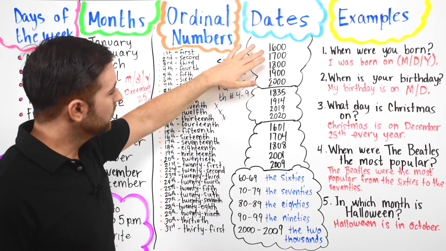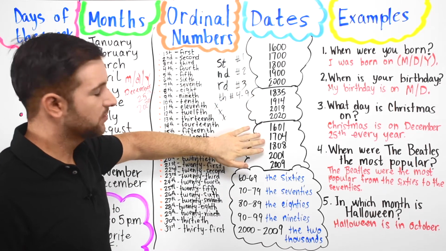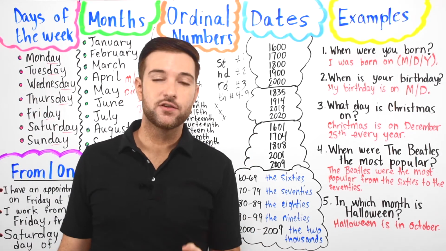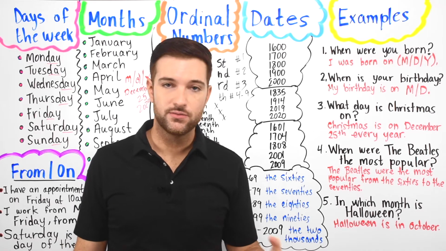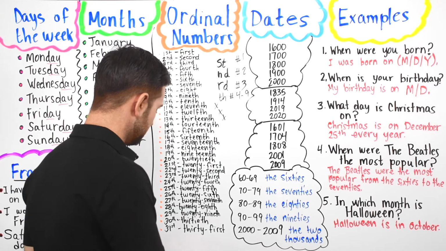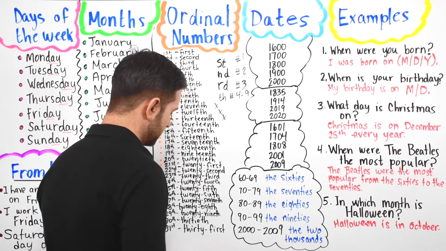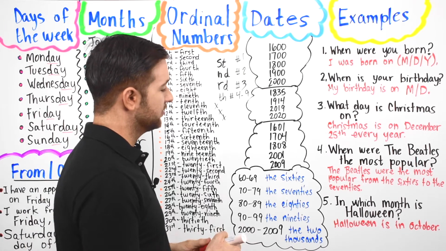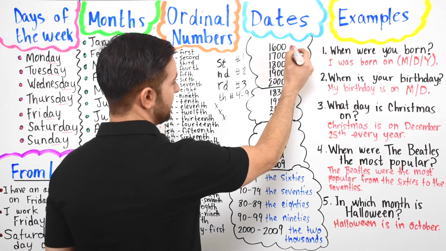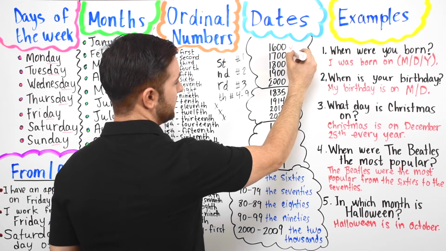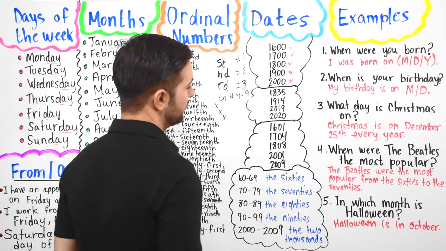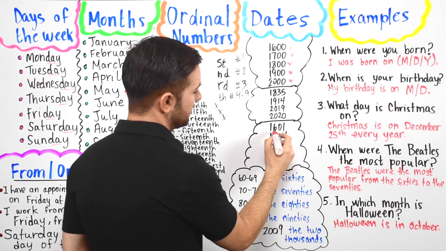Let's go ahead and move down to the next category. It's a little bit different, okay? When we're talking about the first 9 years of a new century, you have to pronounce it like this. Whenever we talk about the first 9 years of a new century, you know what a century is. So this is a century, this is a century, this 1600s, this is a century, and this is a century. You have to say